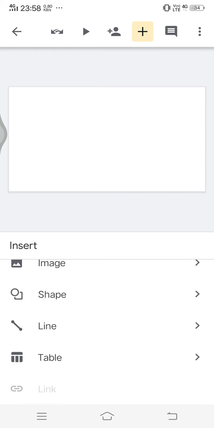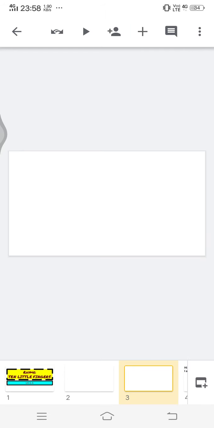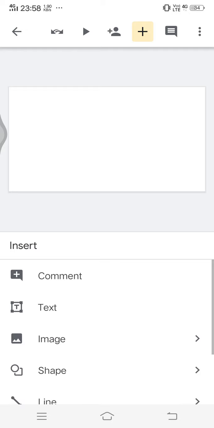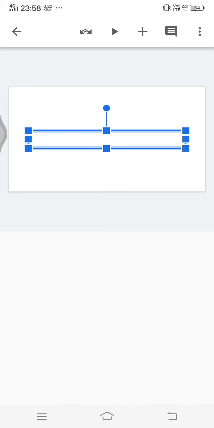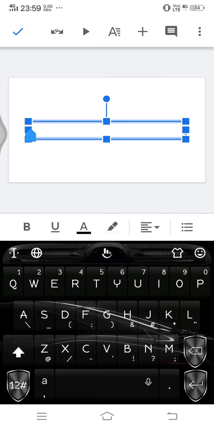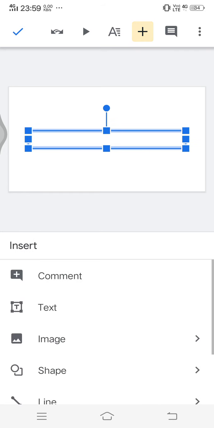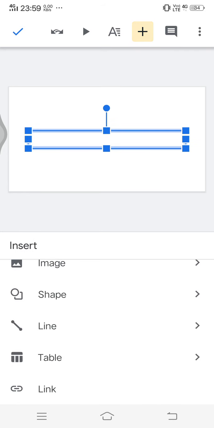Now earlier itself we pressed copy to clipboard, but why this link is not dark black is because this is a blank slide. It has no place where you can place the link. So always when you're going to place a link on a blank slide, first thing you need to do is press the plus symbol, click on text, then you don't need to add any text, but once a text box is added, you long press the text box and let it turn blue. Then press plus, the link will become dark black.